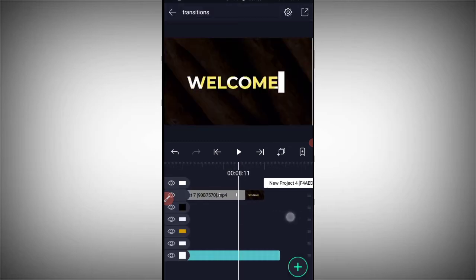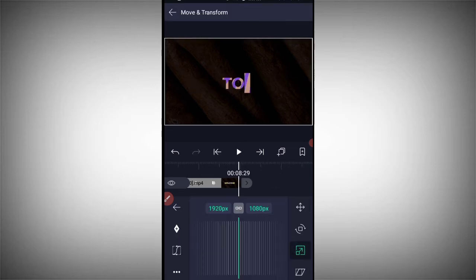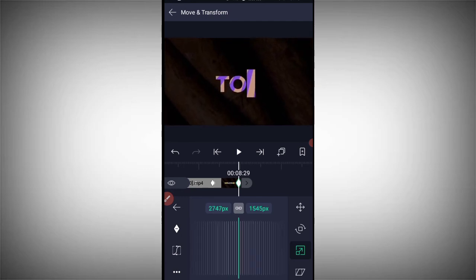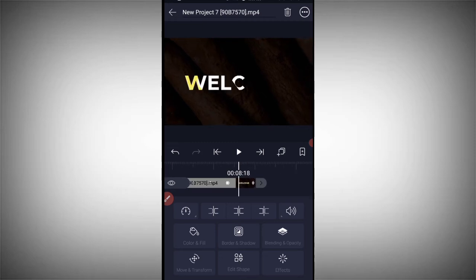For us to do this, click on move and transform, click on the scale tool, add a keyframe, add another keyframe and scale it up. Then we need to